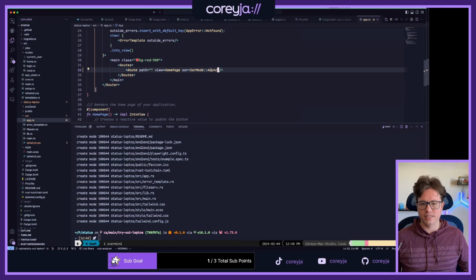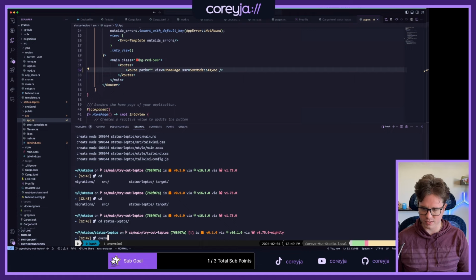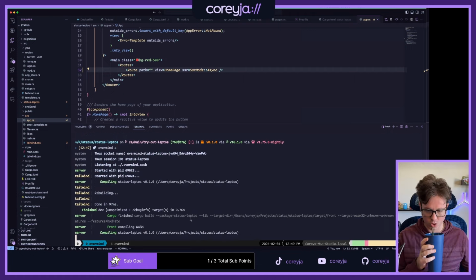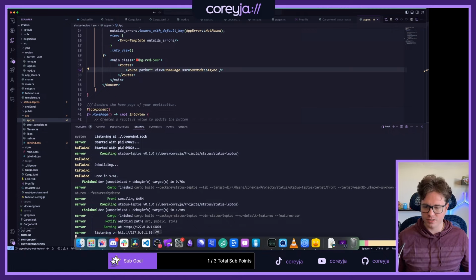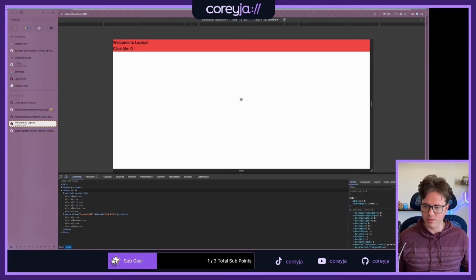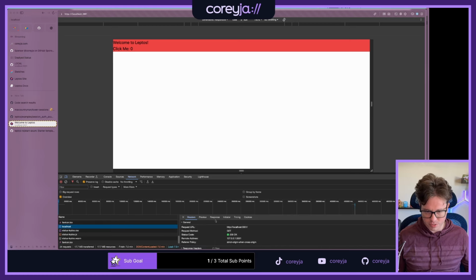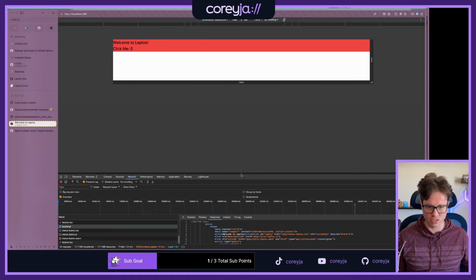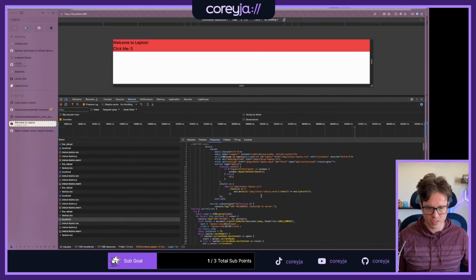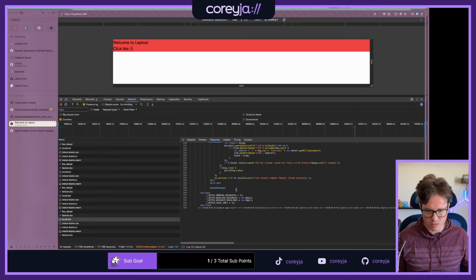SSR mode, async. So now if I go to Leptos, what is it? Status Leptos. And then I can do overmind start. Awesome. Cool. Now this should be so that if I look at the network here and I reload, this should be a fully formed HTML. Like this should be the full actual response here. It's even got some nice script tags up top and everything, but if we make it down to the actual HTML,